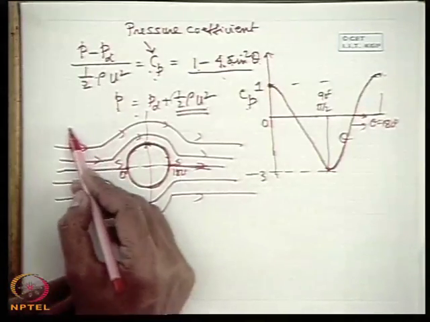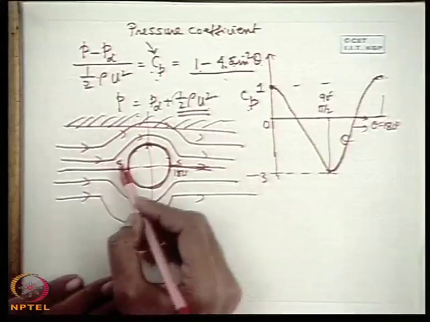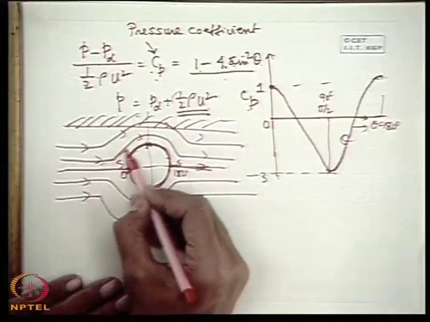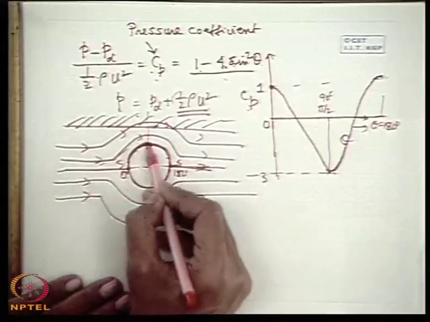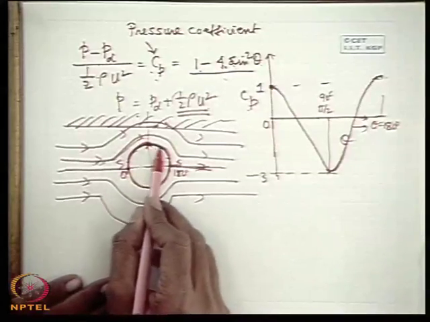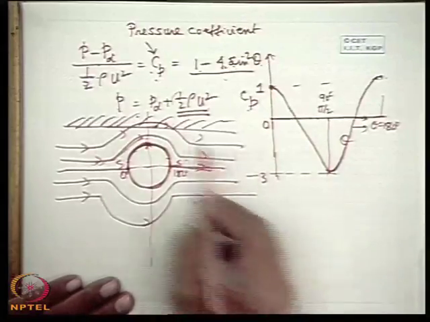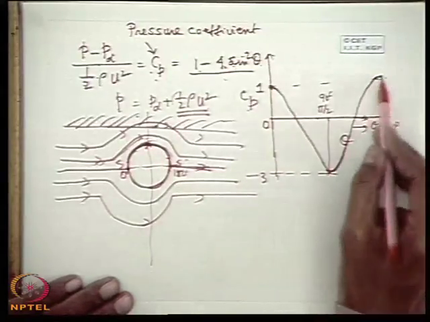This can be well understood if we consider a surface here a certain distance away from the cylinder, you will see that for flow in this part, this gives a convergent duct. So curvature is such as if it is flowing through a convergent duct, whereas for flow in this part, the curvature is such that it is flowing through a divergent duct and the pressure is therefore increased and velocity is decreased.